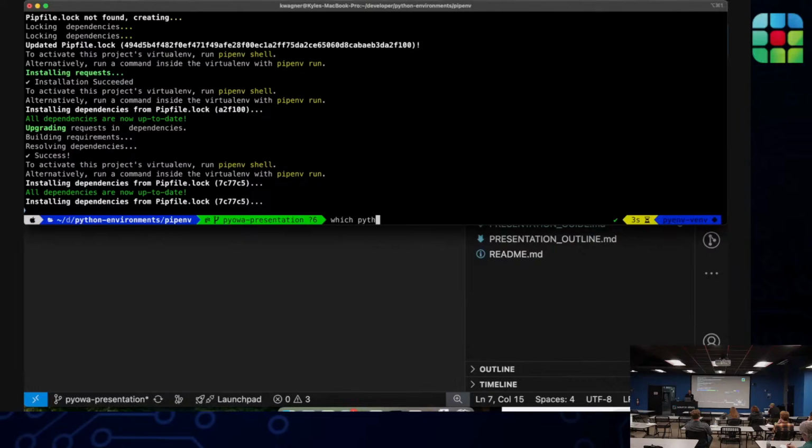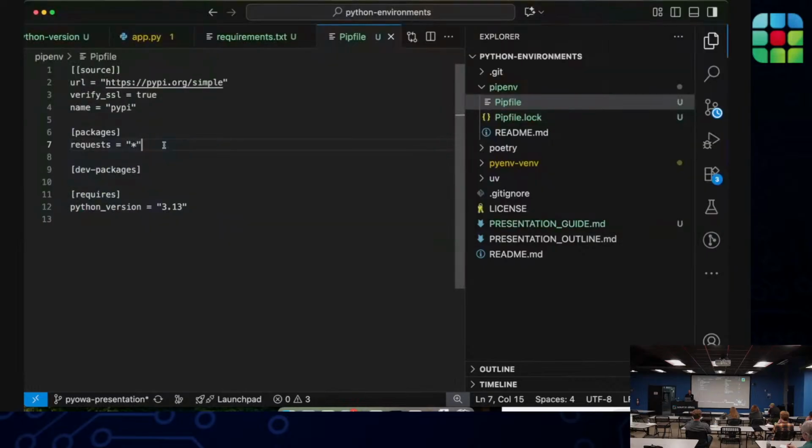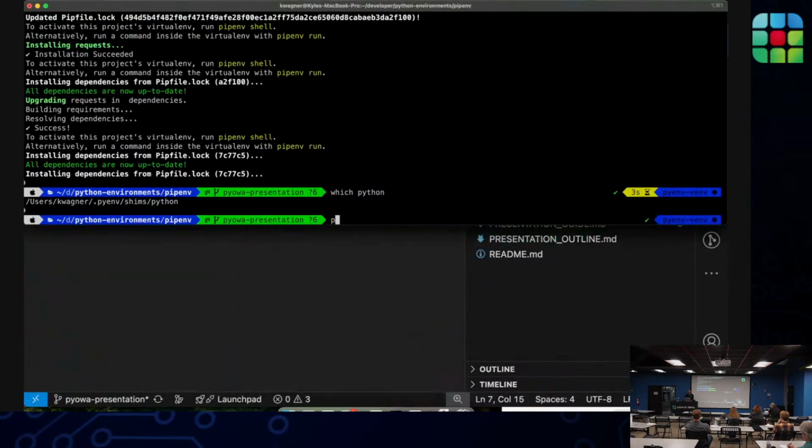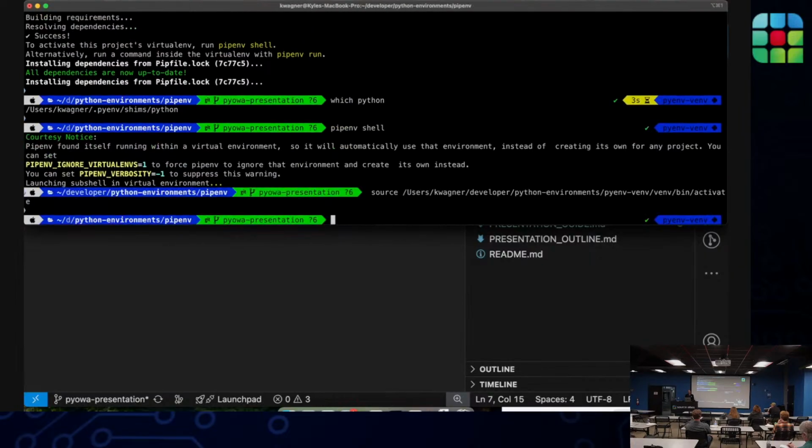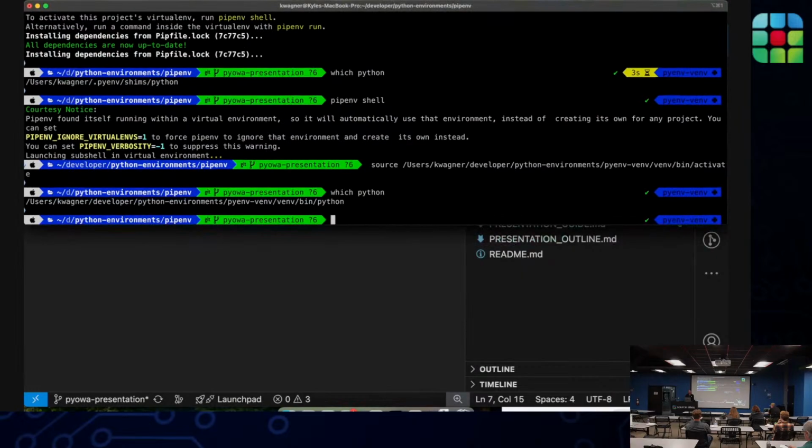And if we run which Python, let's see, I think there's an activation. Yeah, so like I said, when we're running pyenv commands, or these installation commands, you would have to invoke them with pyenv. You can also, if you run pyenv shell, you essentially get a prompt that is inside of that virtual environment. So now, running which Python, I don't know why it's pointing to that one, to be honest.